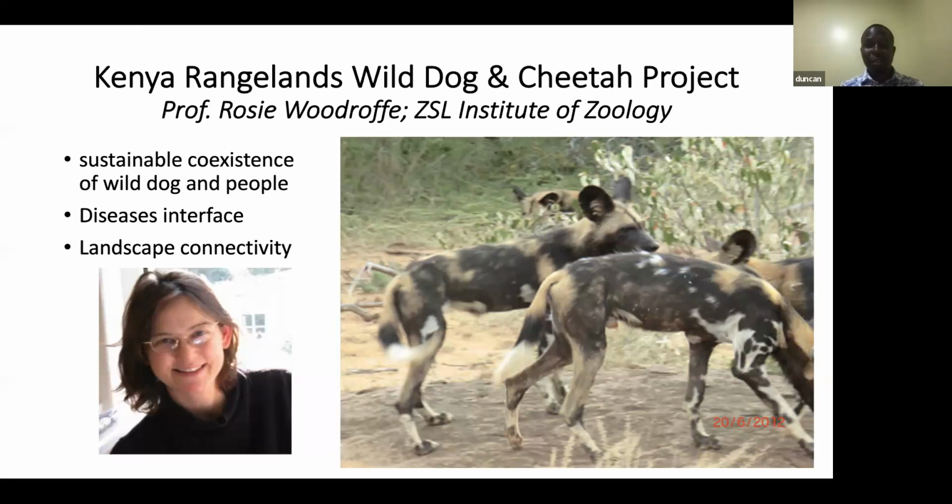But then also, you'd imagine they are highly vulnerable to diseases. One of the fatal diseases in the landscape is rabies, and there is also canine distemper. And interestingly, the population of wild dog in Laikipia has been oscillating a lot, with periods when populations increase and periods when they dropped almost